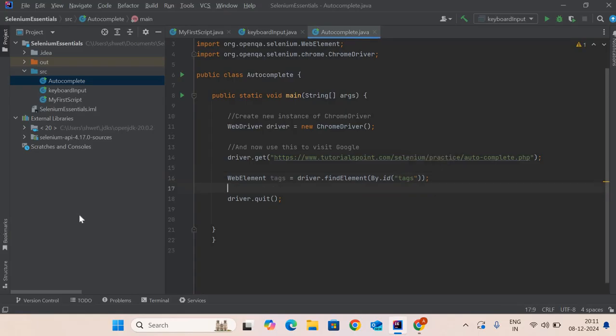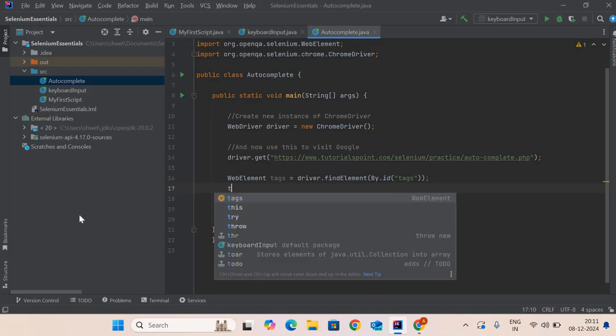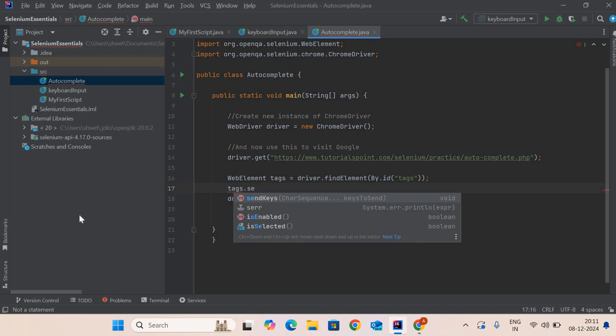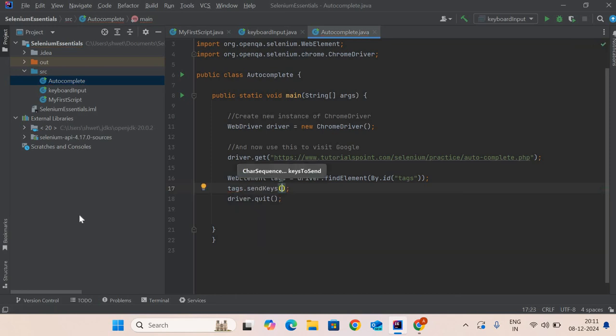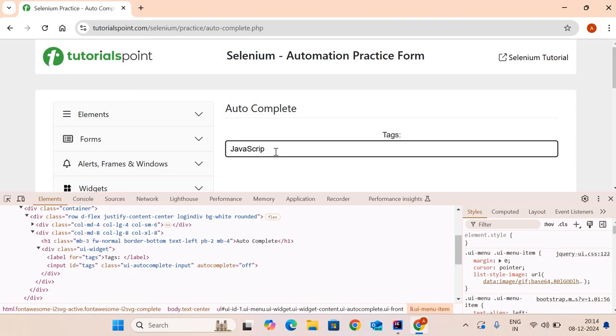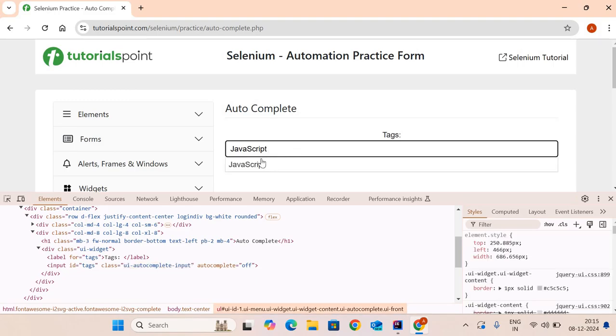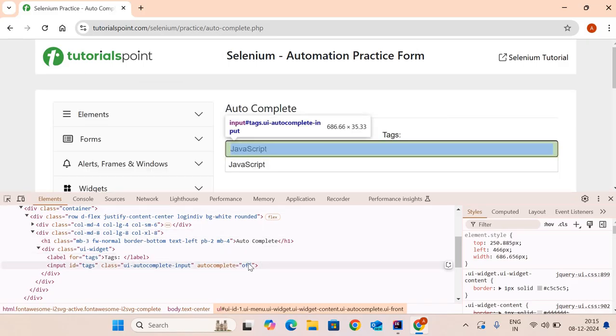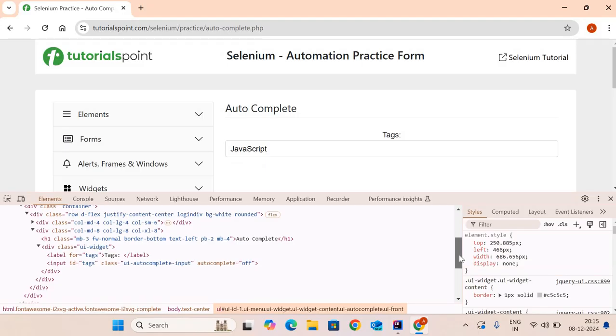Now the next thing that I need to do is to enter the text. For that I need to use the method sendKeys, through which I will be sending the text to that particular web element field. The text that I am going to send is JavaScript. Now once I enter the text here, it is showing me a drop down that I need to identify. For that I need to do some manual searching in the elements here. So I will go here and scroll down into the DOM structure,